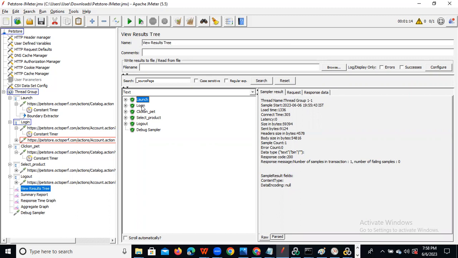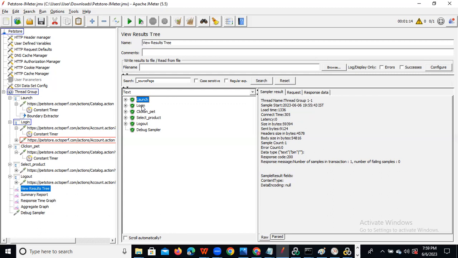Here the subject is very small. I'm telling you, correlation and parameterization is completed in one day only, but you need to practice well. That is the big difference. Like LoadRunner, the classes will be more because the subject is bigger and we have different sections, so that is why it takes time and you guys are practicing. But here I'm covering correlation and parameterization in one day only, and you guys are not concentrating. So from today onwards, everyone will practice well. You need to practice different URLs.